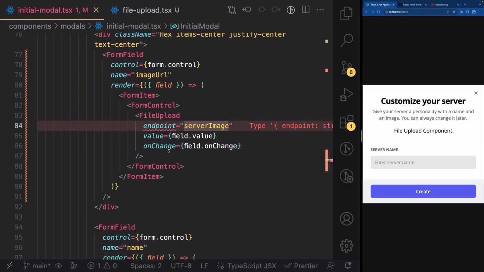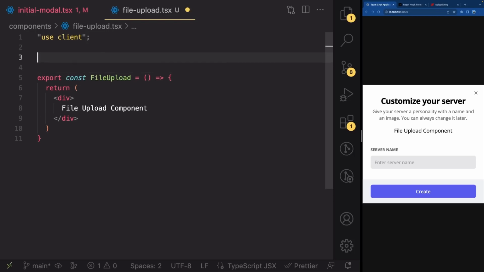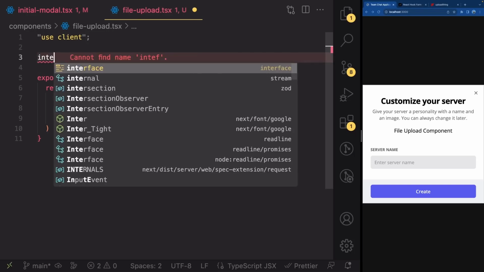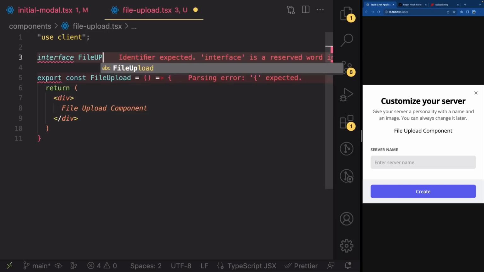Now let's modify our FileUpload to accept these props. So I'm going to write interface FileUpload